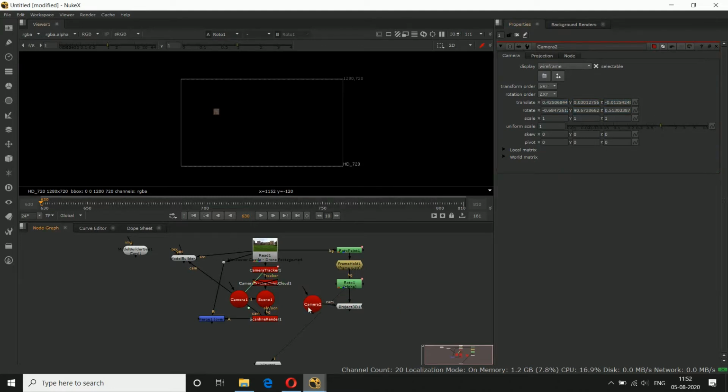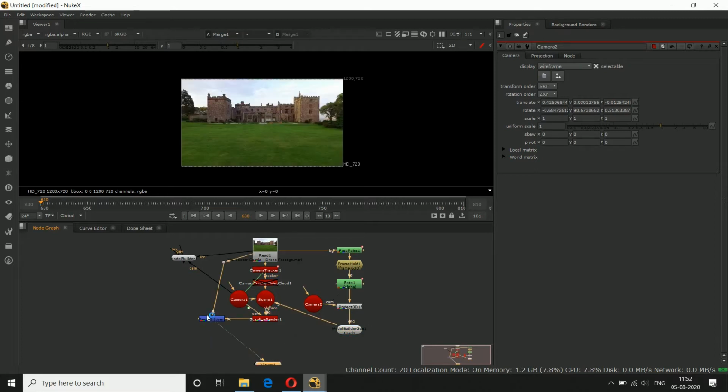We'll connect the camera. Now we'll bring our card. We'll connect this card to the scene and project this patch onto this card. Now we'll view through merge. You can see that our window is finally clean.